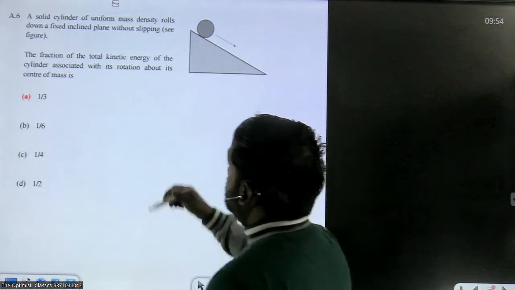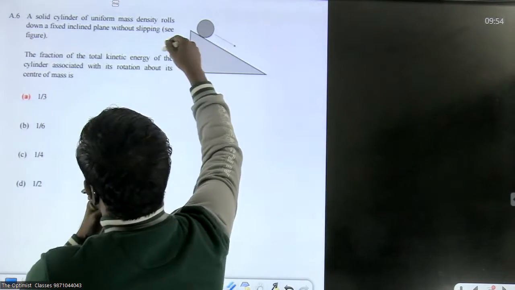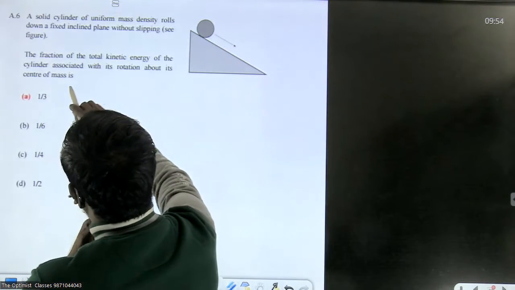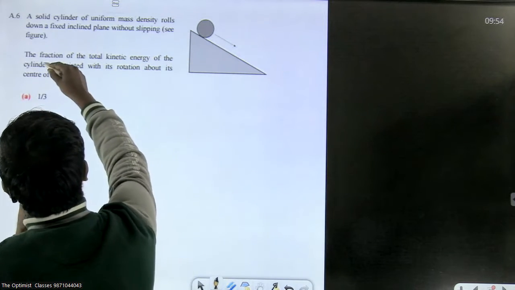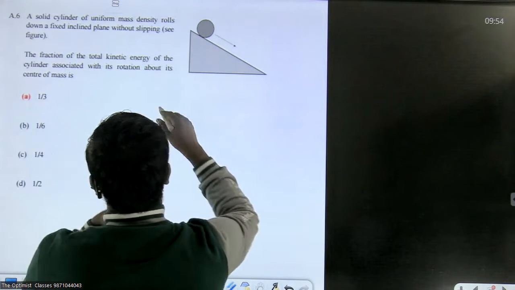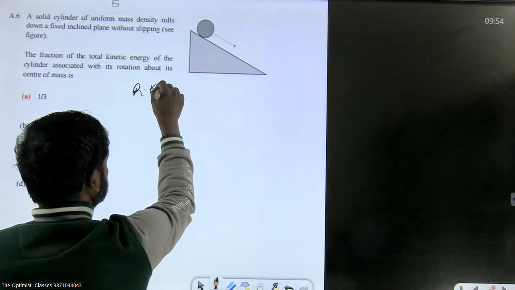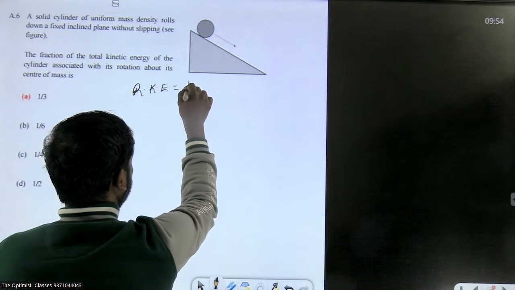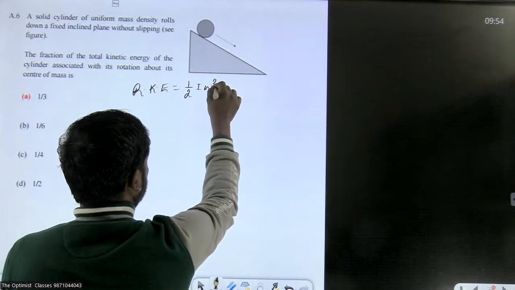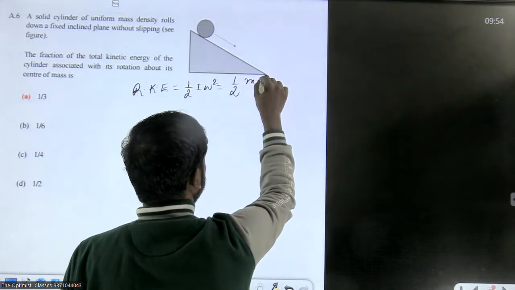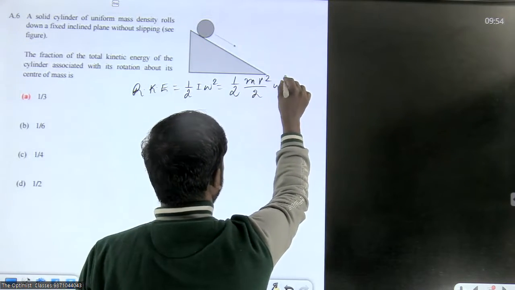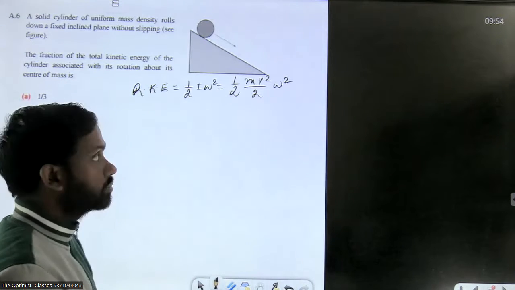Now here, a solid cylinder of uniform density rolls down a fixed inclined plane. We have to find the fraction of the total kinetic energy of the cylinder associated with its rotational motion. If you calculate the rotational kinetic energy, this is equal to half I omega square. So this becomes half, and I for a cylinder is m r square by 2, times omega square. That is the